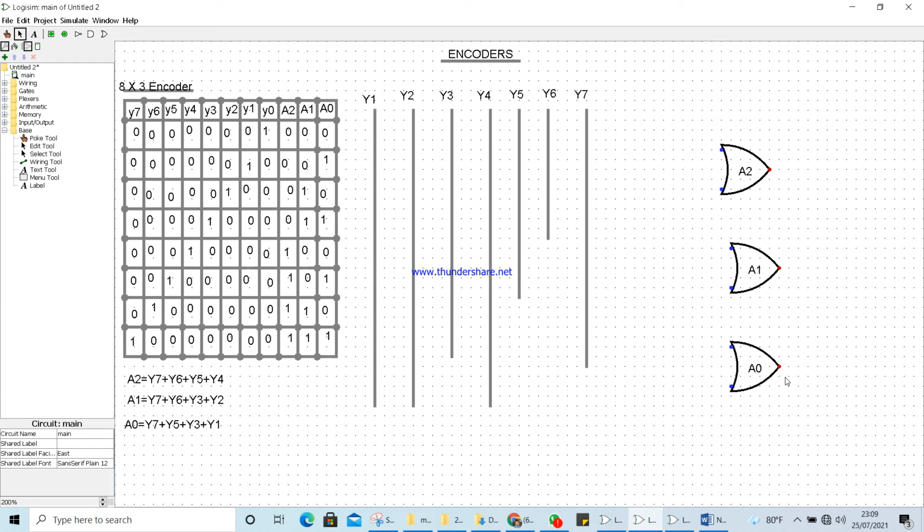Now I have to connect these inputs as per the requirements. A0 should be connected with Y7, Y5, Y3, Y1. Sorry, actually I have to arrange this: it's not 2, the number of inputs should be 4, because there are 4 variables here. So for this A0 we need to connect